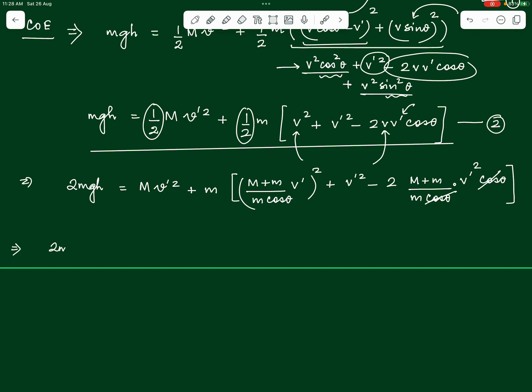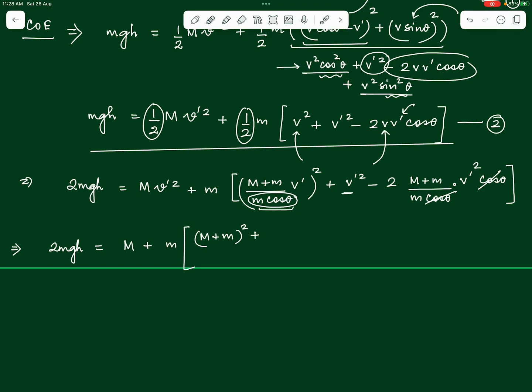So 2mgh is equal to (M + m) into, let us take an LCM here also. We have an m squared cos squared theta down here, which we can take as an LCM everywhere throughout this expression inside, so that we are left with (M + m) whole squared in the first term